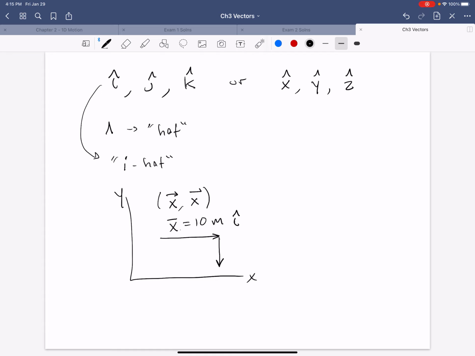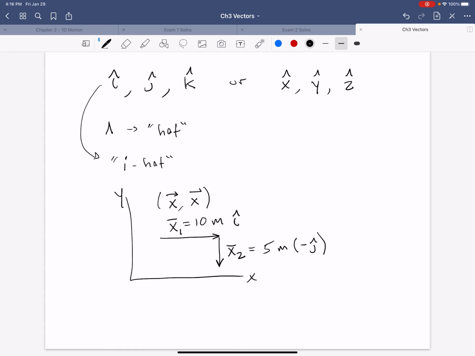If that is x1, now we have another displacement, x2, and because I've specified that up is positive y, his second displacement is down. That looks about half, let's say he goes 5 meters in the negative